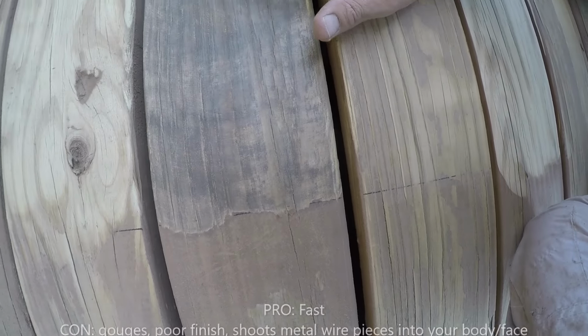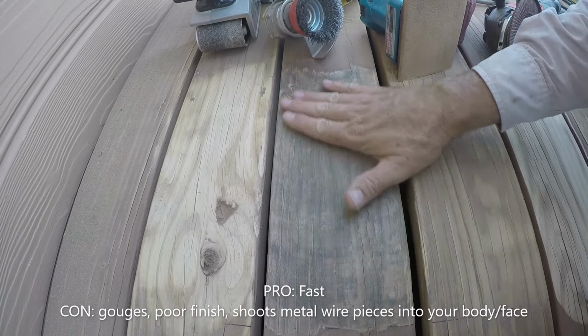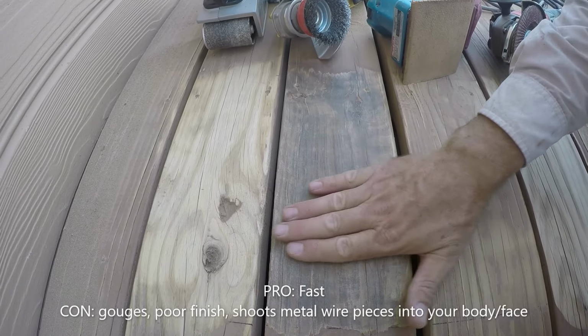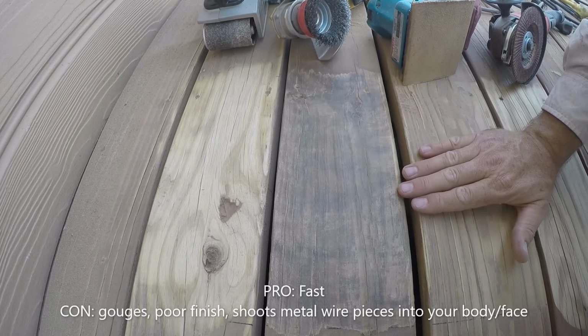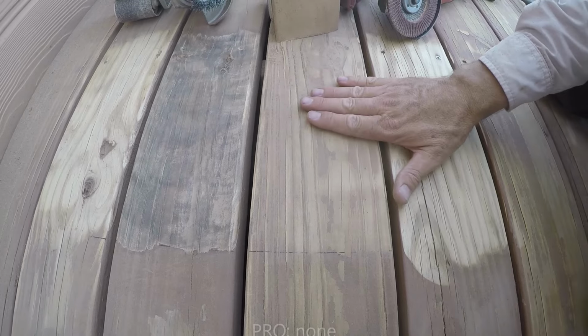Okay, this wire brush worked really well at stripping the paint off, but you can see what it left underneath, and it just doesn't take this off. And so the palm sander, actually